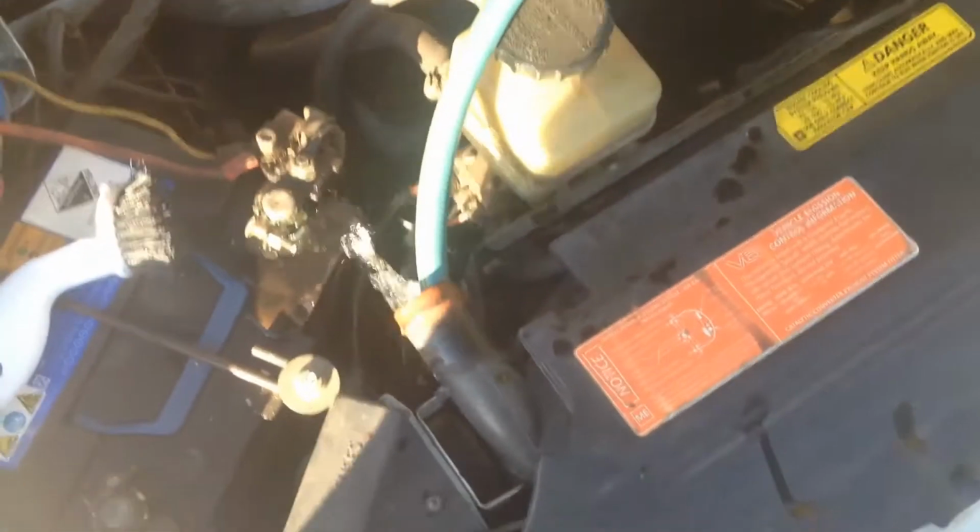I'm giving the radiator a good flush out. A little bit out the top, you can see on the other side at the bottom of the radiator, it's coming out a lot. So just giving that a good flush out, which is good. So that's got that all flushed. Now I'm just going to that bottom hose there. If you can see, I'm just going to grab the hose and sit it on the outlet so no debris gets in there,